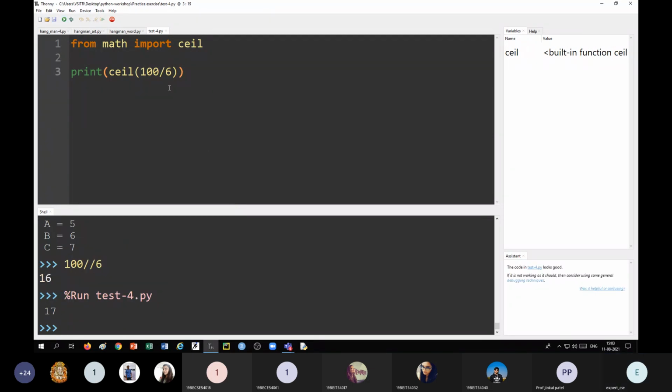Here say 97. So that will be roughly 16.15 or so. We are not going to round it, we are taking ceiling. Okay, so if we run this, oh, not 96, it should be 97.